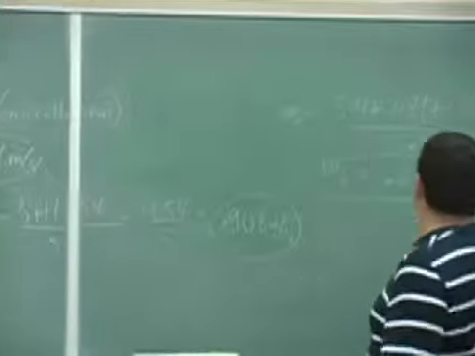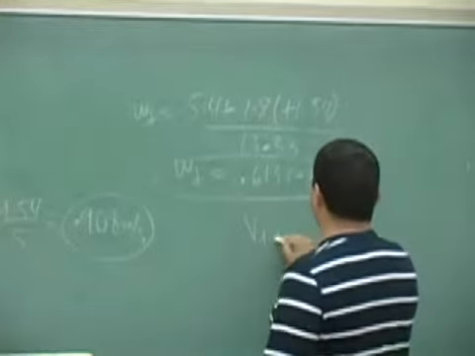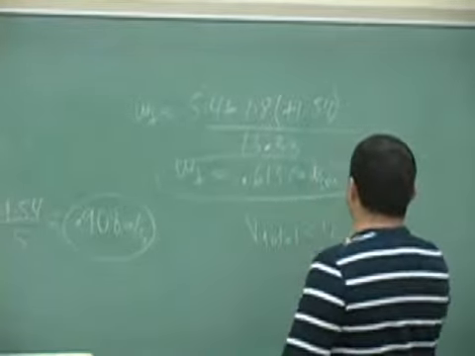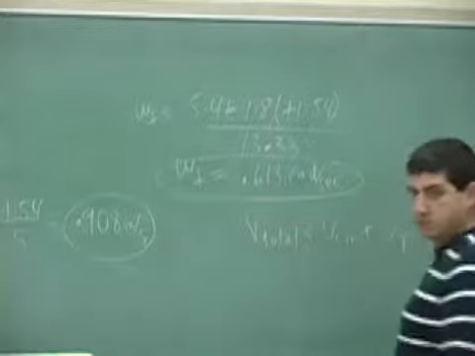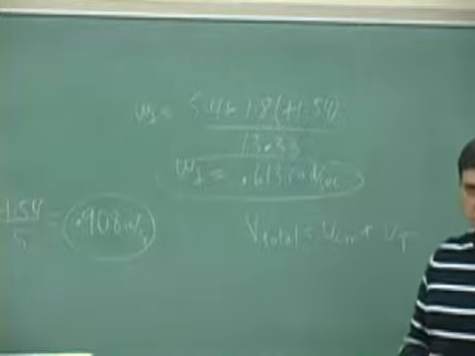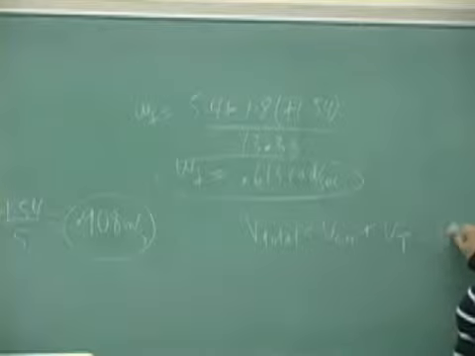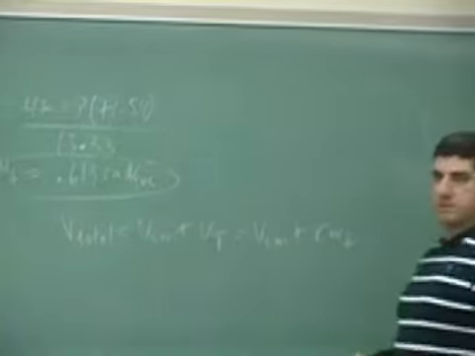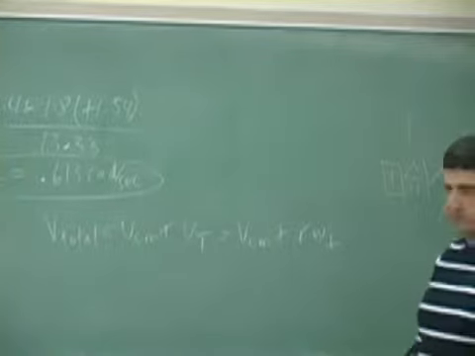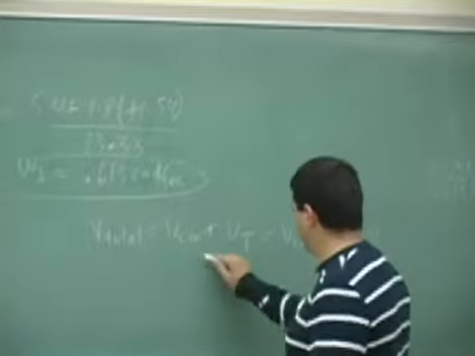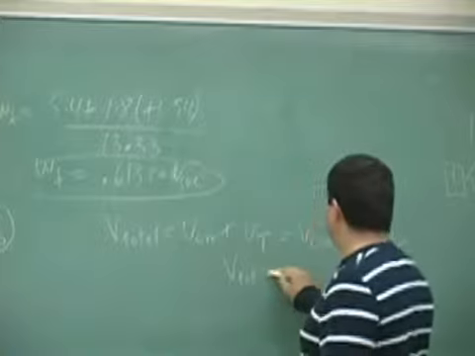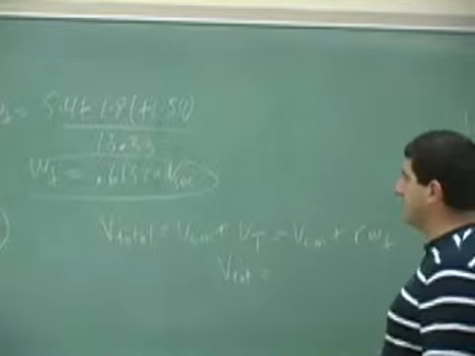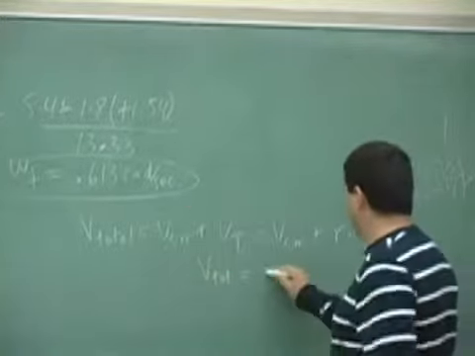At the top point, V total is V center of mass plus V tangential, right? And V tangential is R omega final. So let's find the V total at the top point. V center of mass is going to be, we have that 0.908